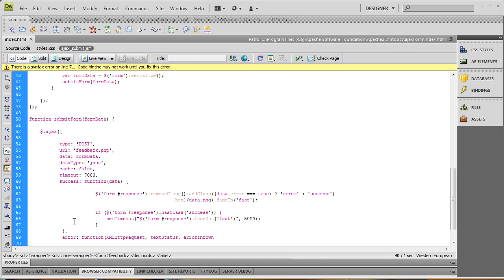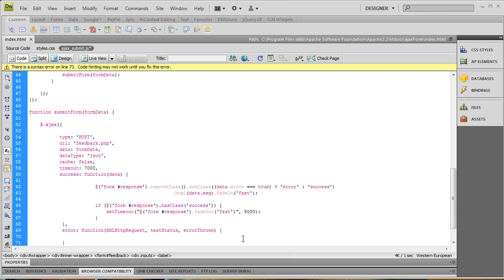You can look this up on jQuery's API docs, but this is what is passed to this anonymous function. We're only going to be worried about the text status and the error thrown. We're not going to worry about the request object. It doesn't matter. So let's open our brace, a couple lines, close our brace, get back inside of here,